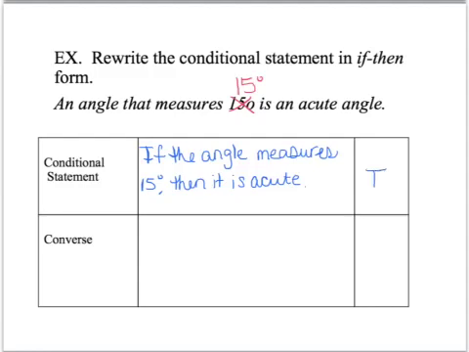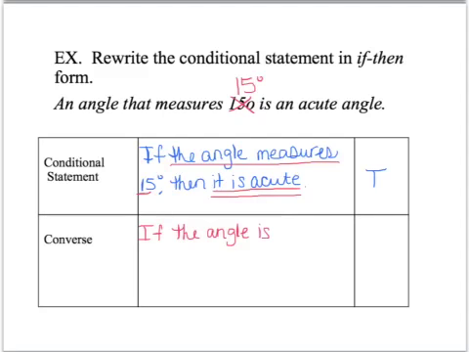All right, converse. Now remember, you have to switch the hypothesis and the conclusion. So to do that, I'm going to go back up to my conditional, and I'm going to underline my hypothesis one time. The angle measures 15 degrees. My conclusion is it is acute. I'm going to underline that two times. So when I switch them, my statement's going to read, if the angle